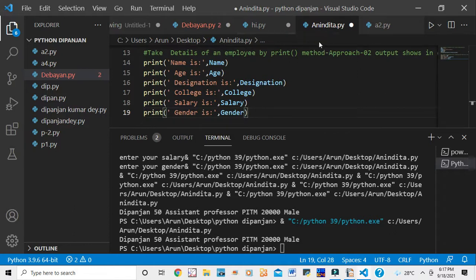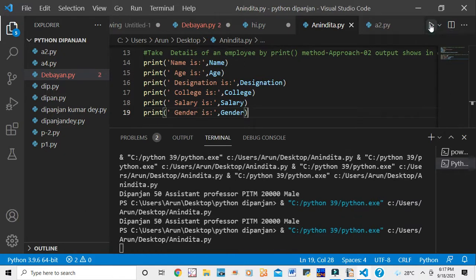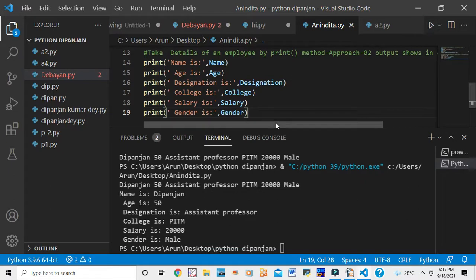So now I want to run this program. You can see the output in different lines. Name is Deepanjan in a different line. You see first line, second line, third line, fourth, fifth, sixth line.